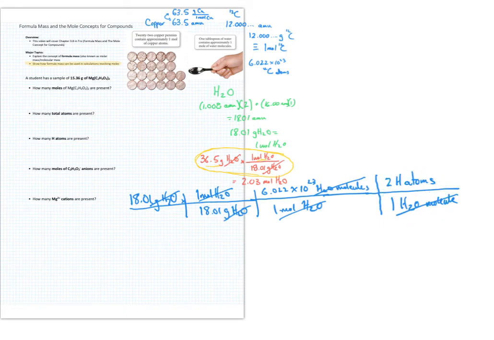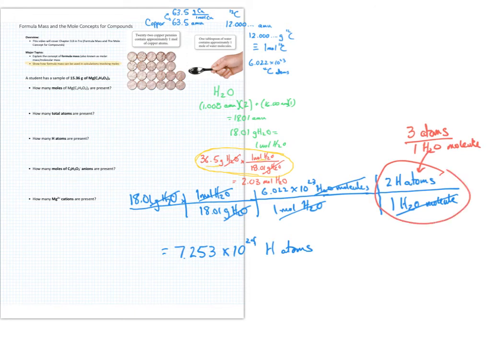And there's actually going to be 7.253 times 10 to the 24 hydrogen atoms in that same tablespoon. And if I had asked for what are the total number of atoms, then you would substitute into this position right here, you'd say 3 atoms for every 1 H2O molecule. That would go in and replace this whole thing. Okay, so